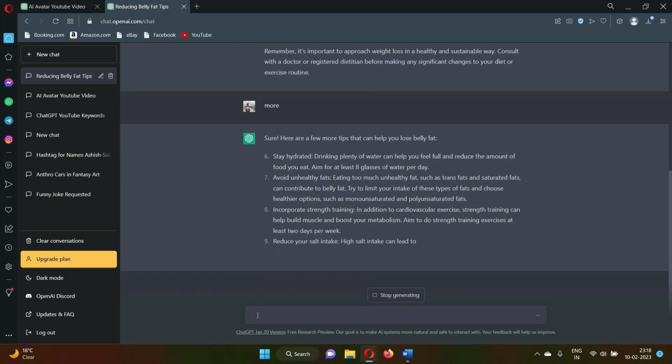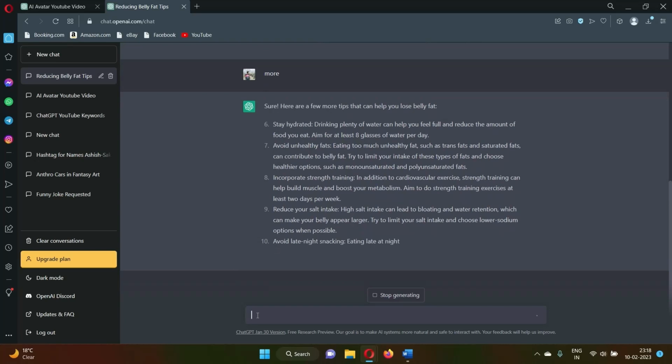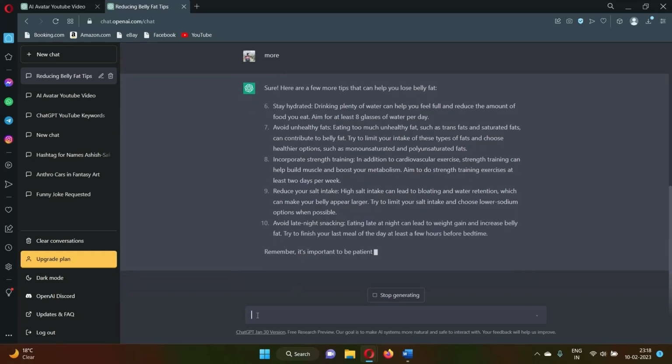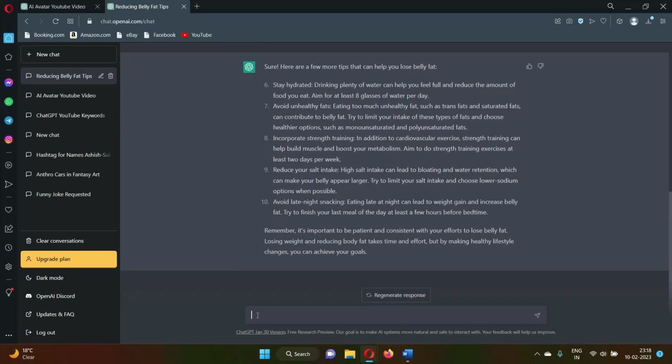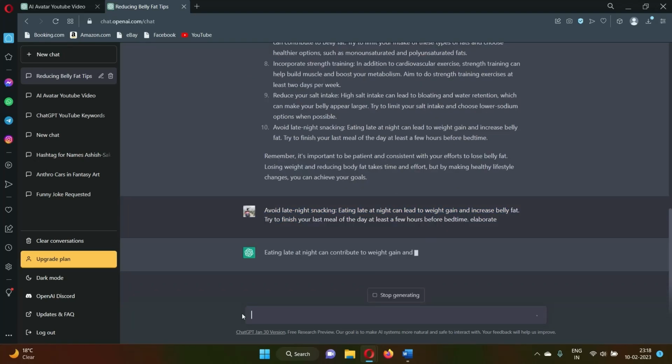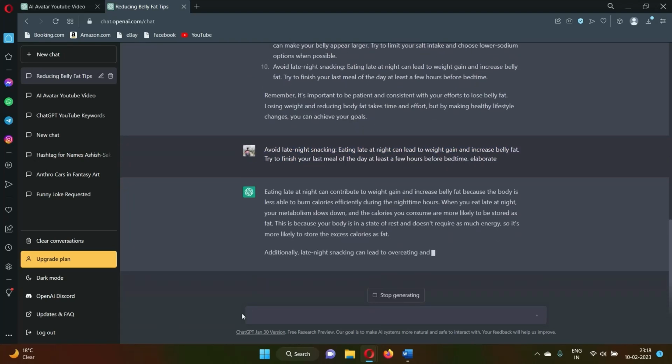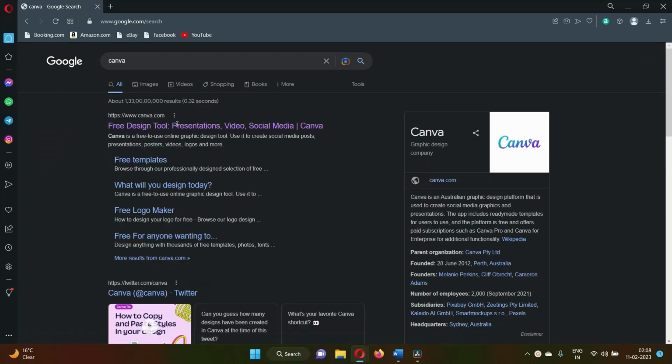ChatGPT is a cutting-edge AI tool that can generate high-quality content in minutes. All you need to do is provide a prompt, and ChatGPT will do the rest. This will save you a lot of time and effort and help you create an ebook quickly and easily. Now, as we are publishing an ebook, we will